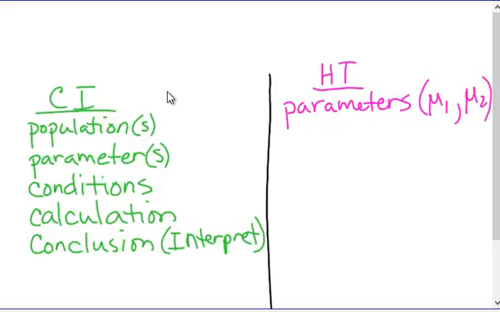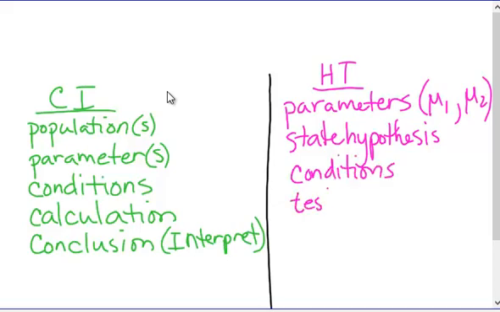So you'll have 2 definitions. State your hypotheses. So the null hypothesis, mu1 equals mu2, and the alternative, that it's either greater than, less than, or not equal to. Okay. So you state your hypotheses, check your conditions,